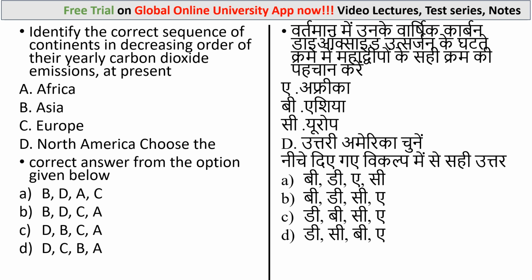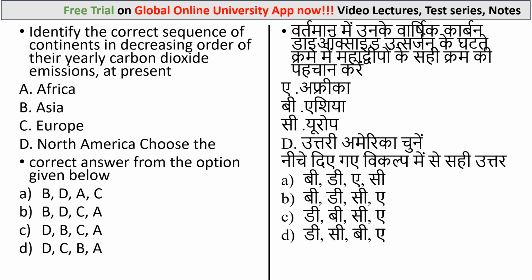Carbon dioxide makes up the vast majority of greenhouse gas emissions from the sector, but smaller amounts of methane and nitrous oxide are also emitted. These gases are released during the combustion of fossil fuels such as coal, oil and natural gas to produce electricity. According to the World Greenhouse Gas Emission Data, the correct sequence of continents in decreasing order of their contribution to global carbon dioxide emission is